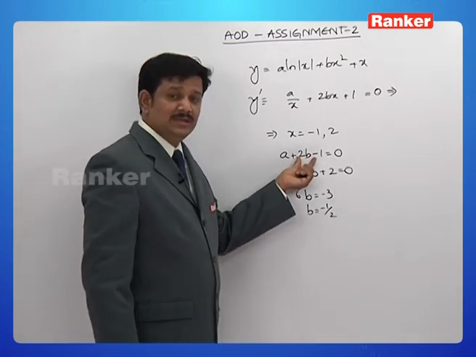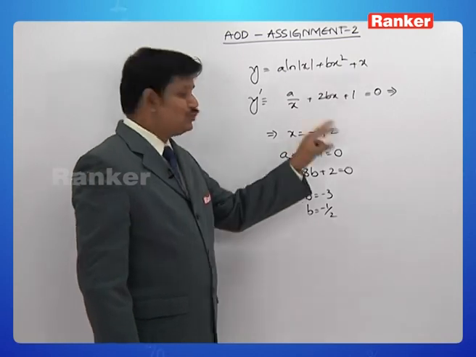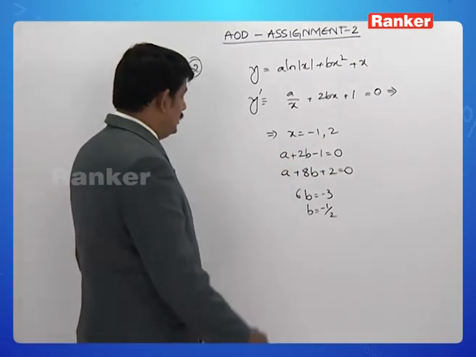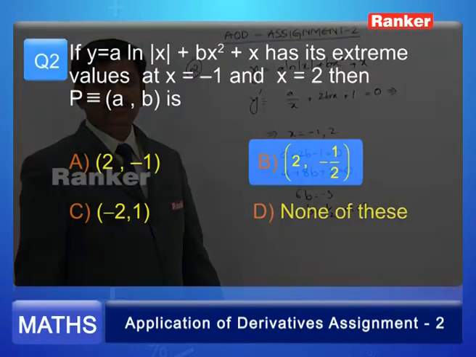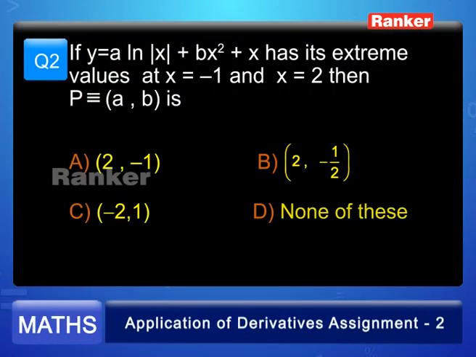Substituting b value to be minus half here, a is 2. So, a is 2 and b is minus half, we can see it's option B, 2 comma minus half. Next question,